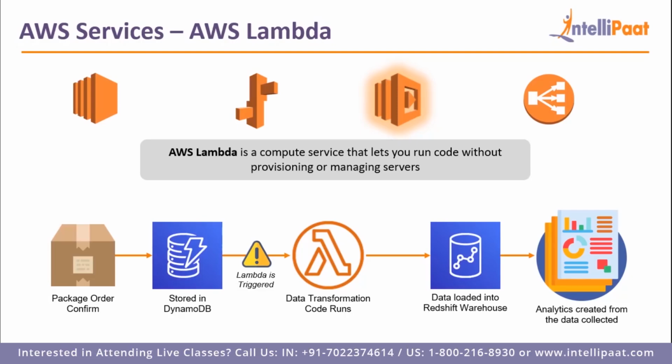Now, you might be wondering, this is one website, so ideally everything should be happening on one server in this case. But that is not the case over here, guys. So what happens is your web application is on a separate server. The processing happens on a different server, right? And AWS Lambda specializes in processing. Now, why is AWS Lambda preferred for processing is because when you launch a server, guys, you have